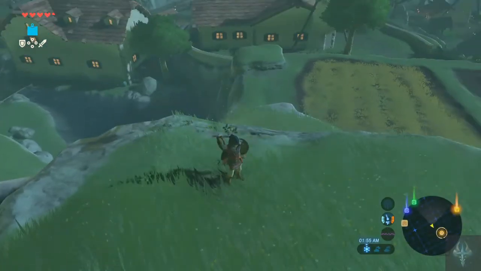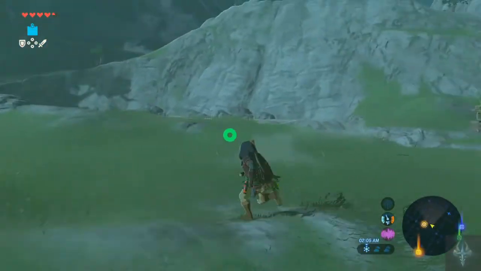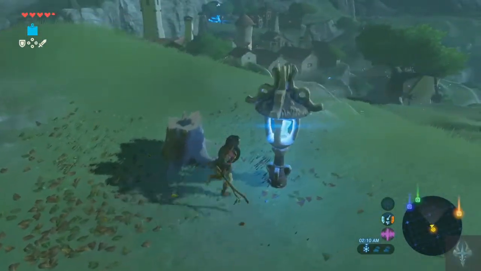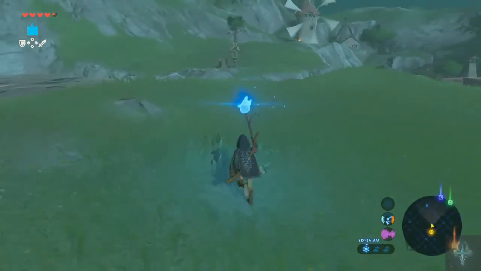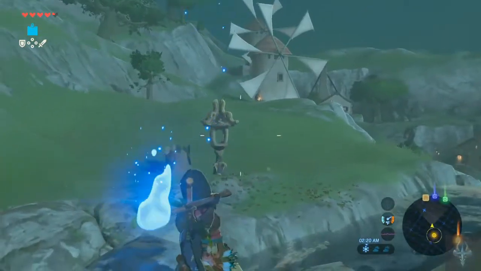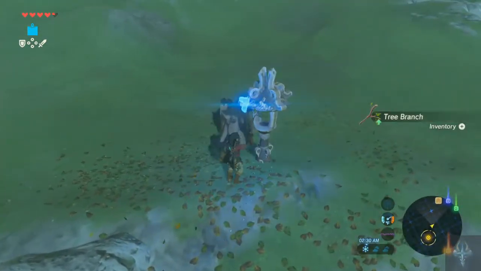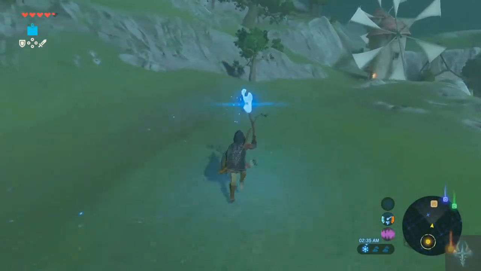Mostly because once you get to this, it's like, what do you do? What I'm going to do is light the branch on fire, and then I'm going to throw it at this one, so that it will light it on fire. Okay, it didn't light it on fire, but it also didn't go out. So that's good. Now we just have to make our way back up